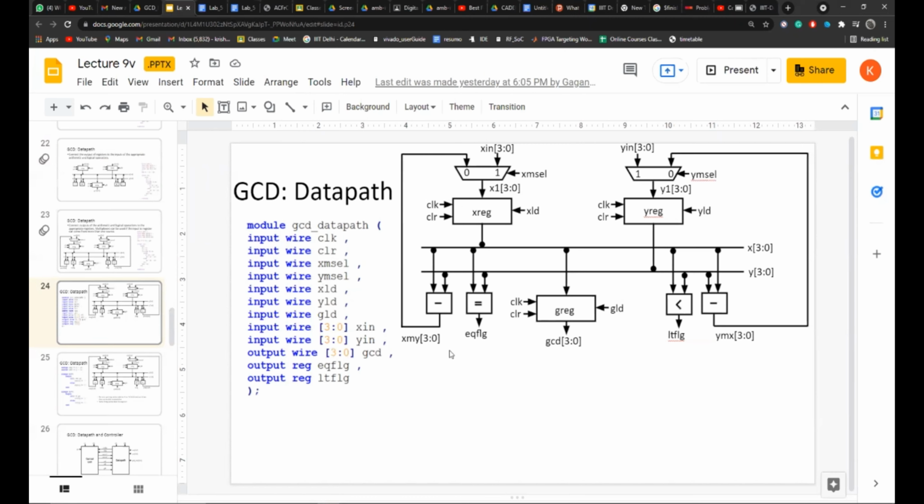So this state is basically this stage over here. In this stage we'll store the values in the registers, and then we'll proceed towards the next stage. As you can see here, if input 1, the next state is equal to test 1.